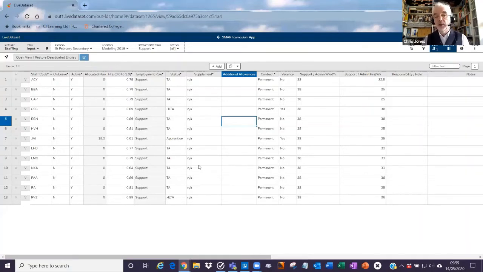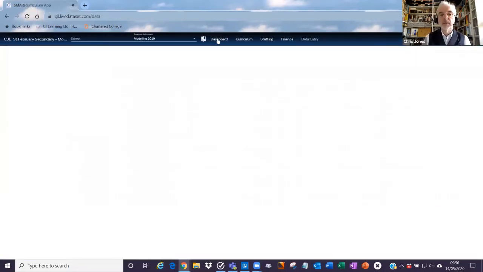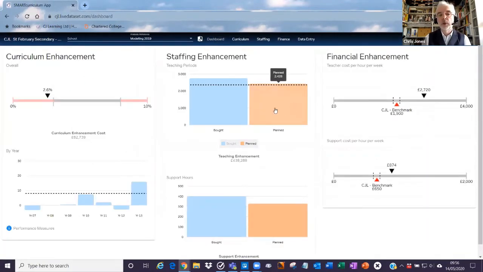staff. Now, it could include librarians, that could include non-teaching heads of year, because they aren't necessarily involved in face-to-face learning activity, although they might contribute to that, but they would be administrative staff rather than support members of staff. Now, I know that may sound different from the language that you use, but it is quite an important distinction, because, going back to the principles of the dashboard, we are measuring what you've planned in terms of education delivery against what you've bought to deliver that planned